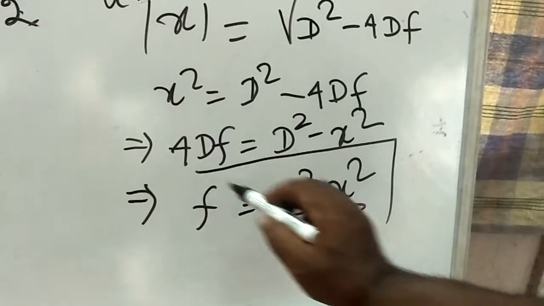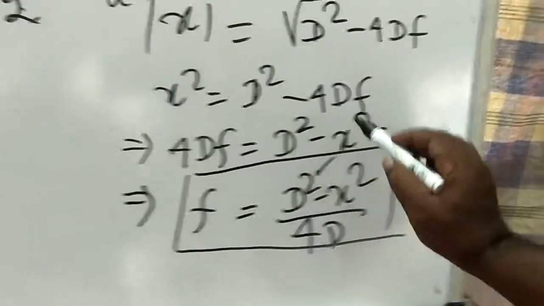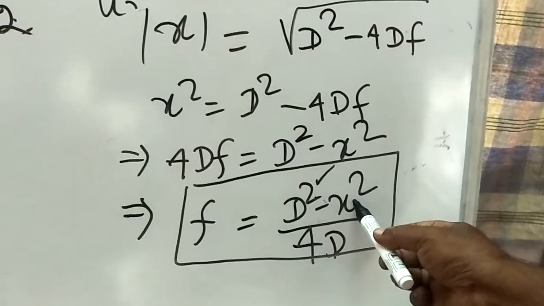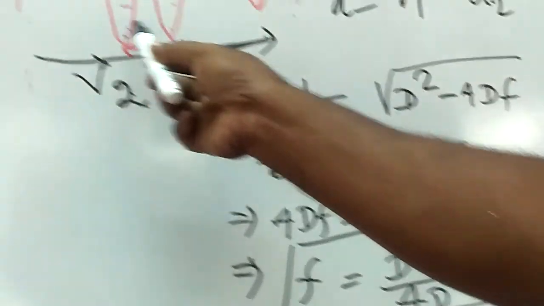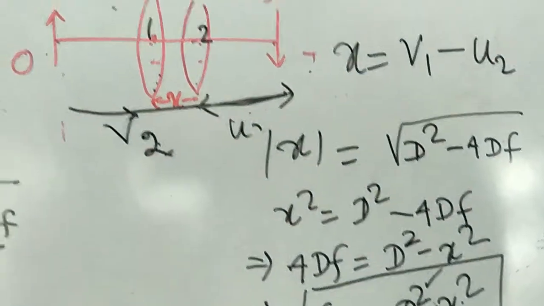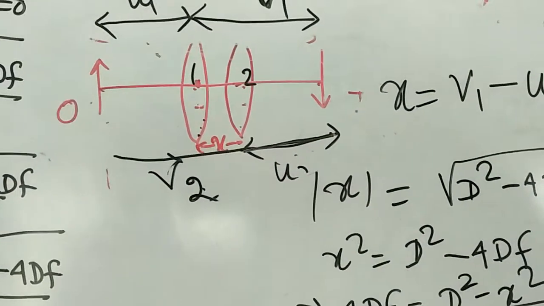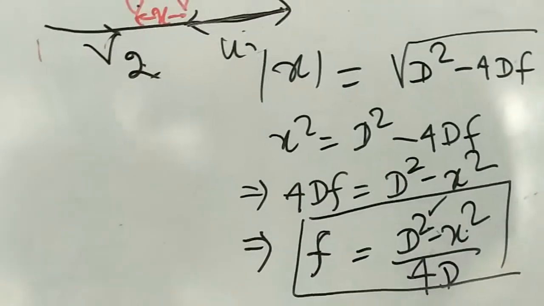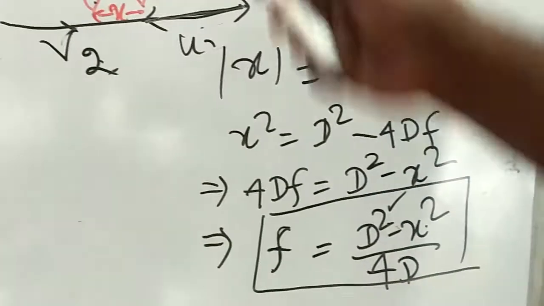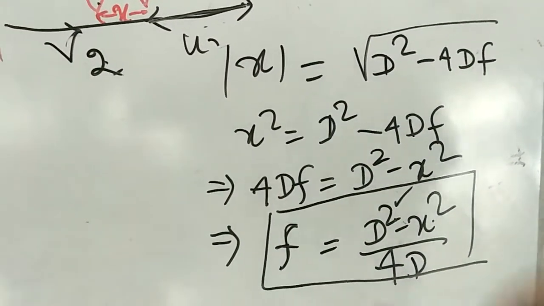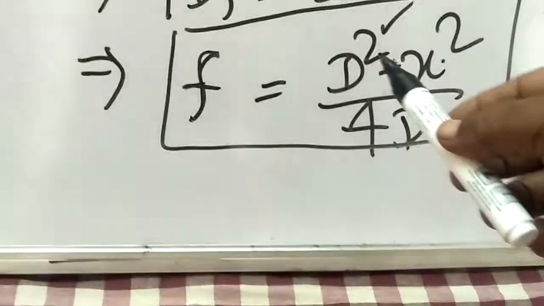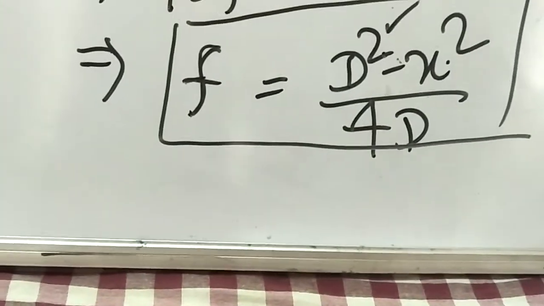First you calculate the distance between the object and image. Keep it fixed. Let us say d. Suppose x is the displacement of the lens, the difference between two positions of the lens, for which we will get the image at the same location provided the object position remains constant. So then using this formula, f is equal to d square minus s square by 4d, we can calculate the focal length of the lens. So this is known as the displacement formula. What is the formula? f is equal to d square minus s square by 4d.